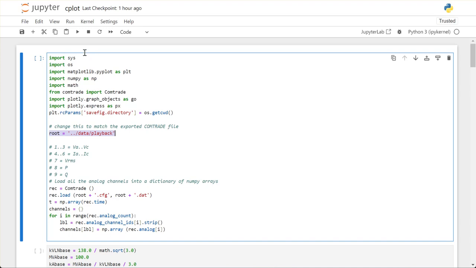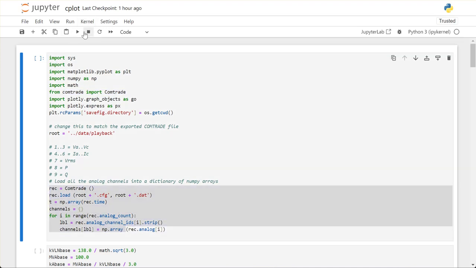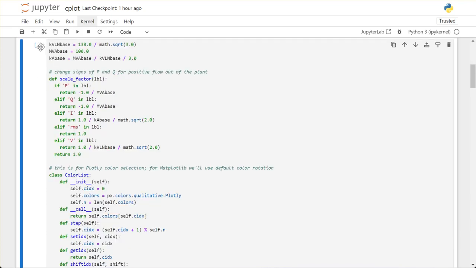To execute one of these commands from the cells, I'm going to import a lot of supporting libraries for plotting and numerical analysis, the Comtrade support library, and I'm going to load in all the channels from that playback file using these statements here. So I click the little play button here, this one right here. So if I click that play button,